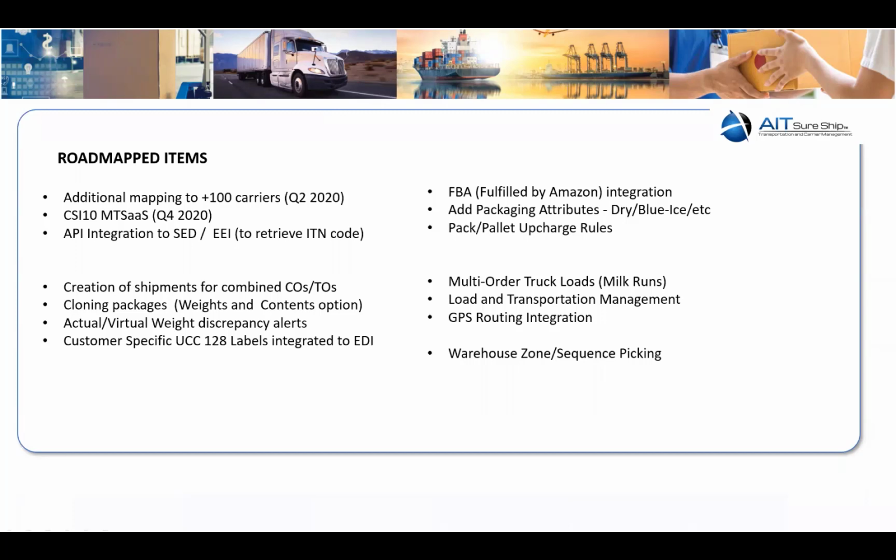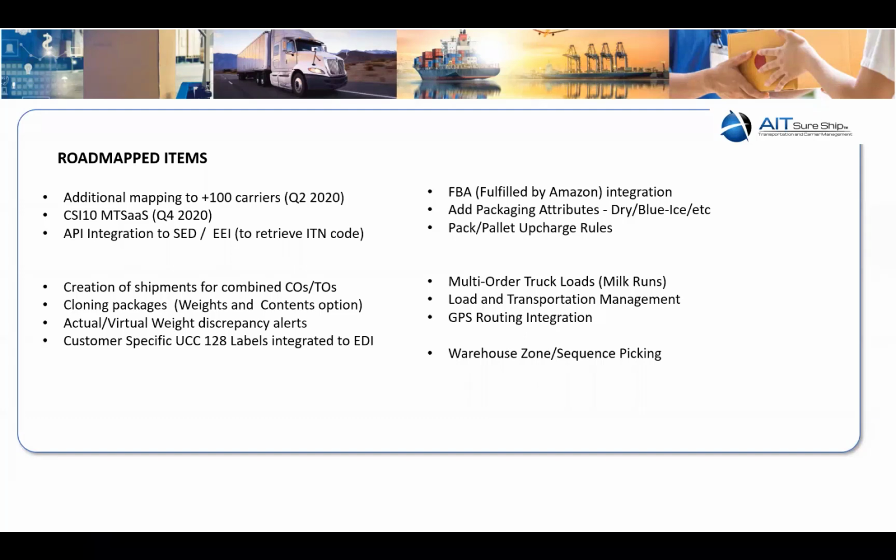We're building out the API to do that to the government. We are doing a couple other little things about combining custom orders and transfer orders on shipments. We are looking at also doing multi-order truckloads for milk runs, load transportation management, and we are getting into